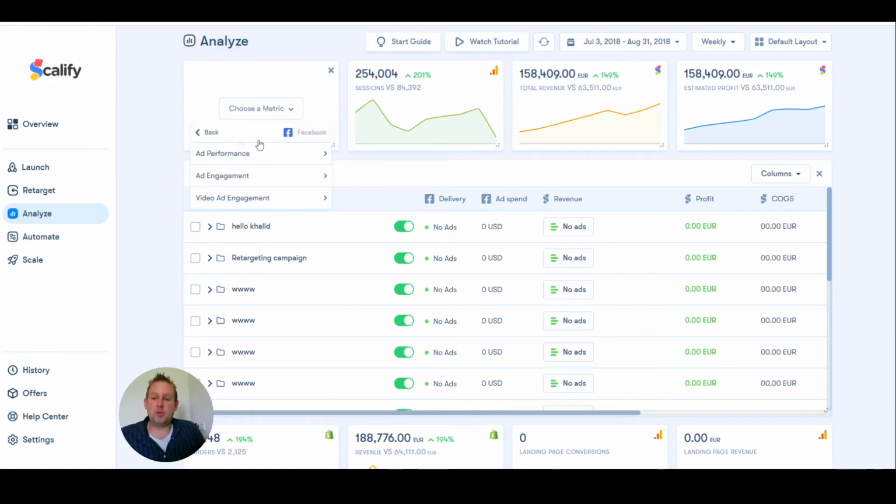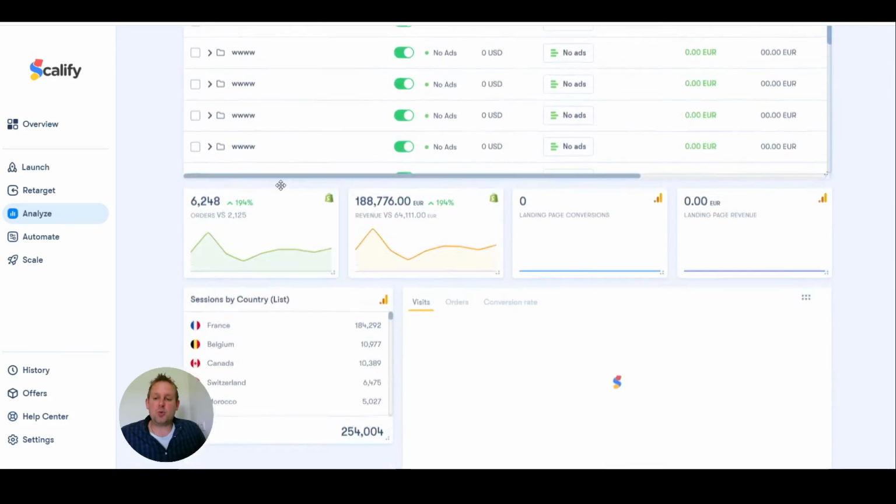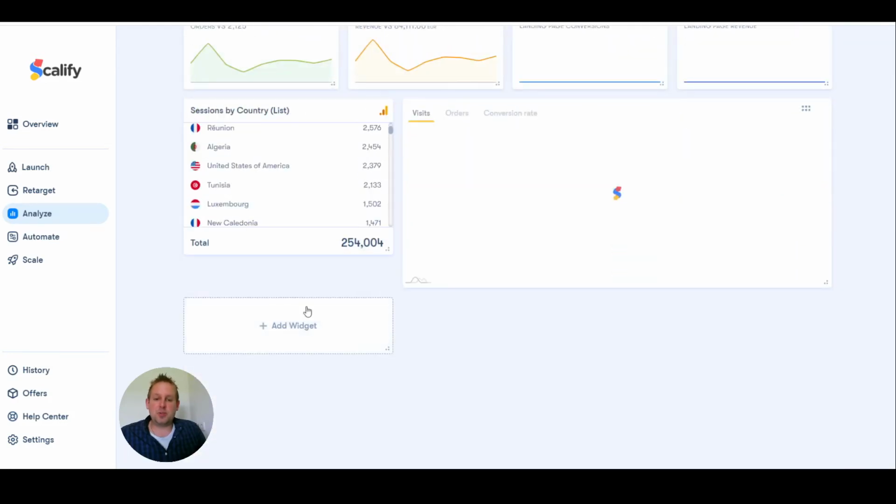So let's go with Facebook, and let's say we're going to go with ad performance. Let's say we are going to go with amount spent. Now this is a demo account, so this will not show anything, but as you can see, it's really easily customizable. So if we want to add a widget,